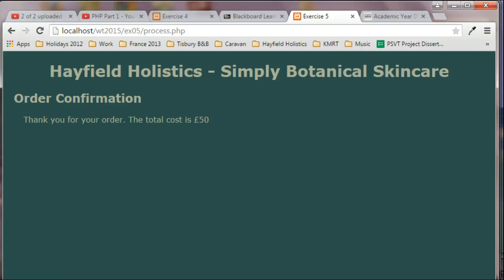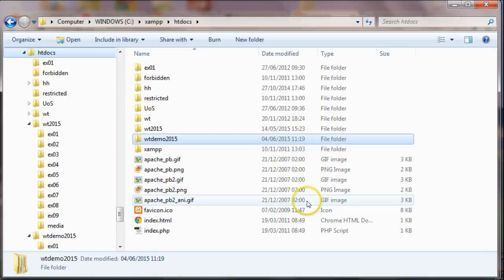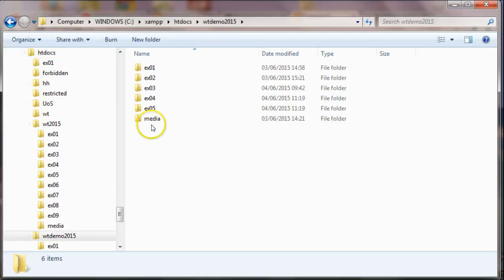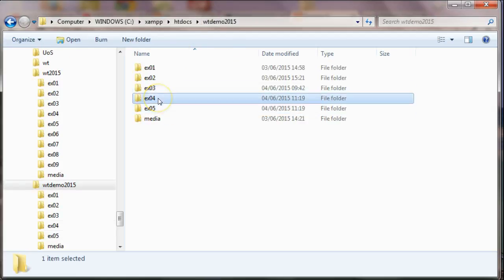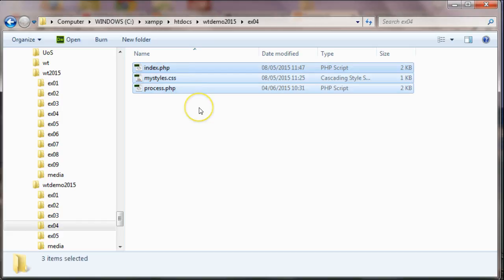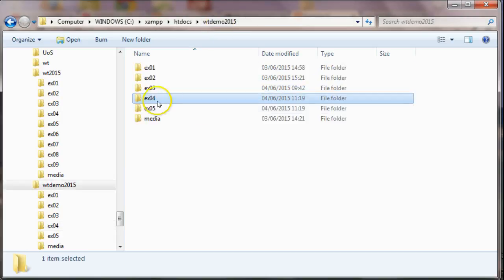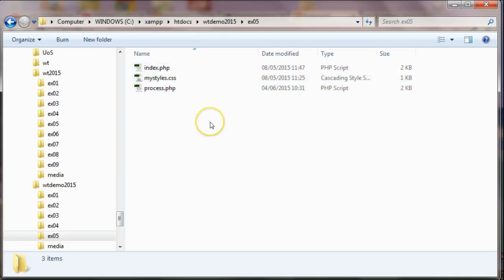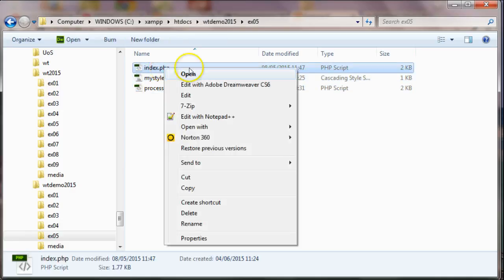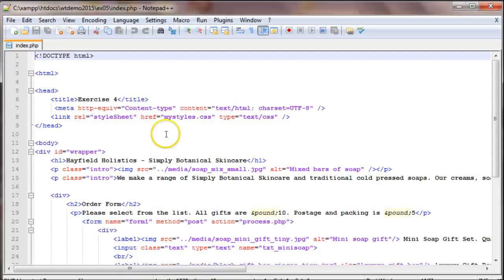So this is a relatively straightforward thing to do. Again, I go into my WebTech demo EX05, and because it's such a straightforward step from exercise 4, I'm actually going to copy all of my files from exercise 4 into exercise 5. I'm going to open up my exercise with Notepad, and just quickly change